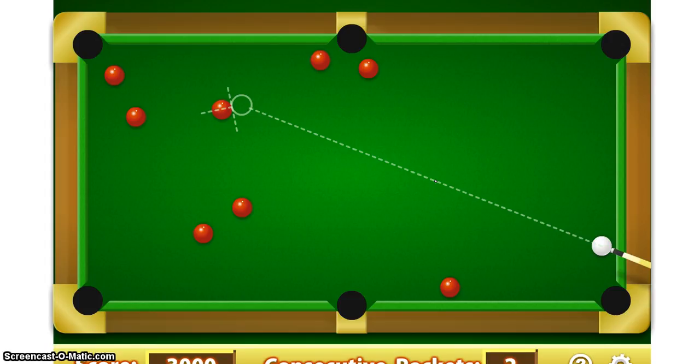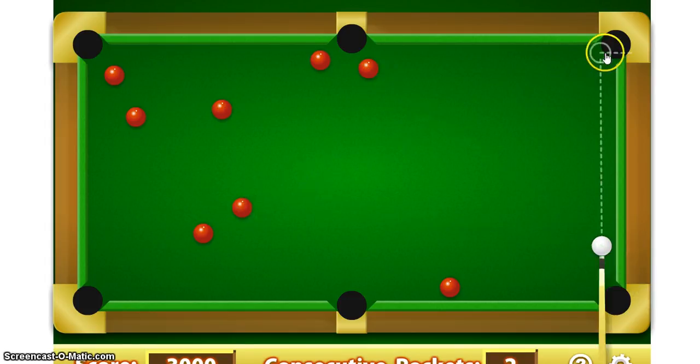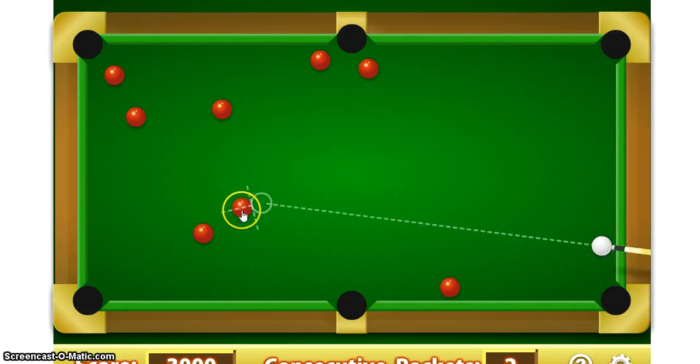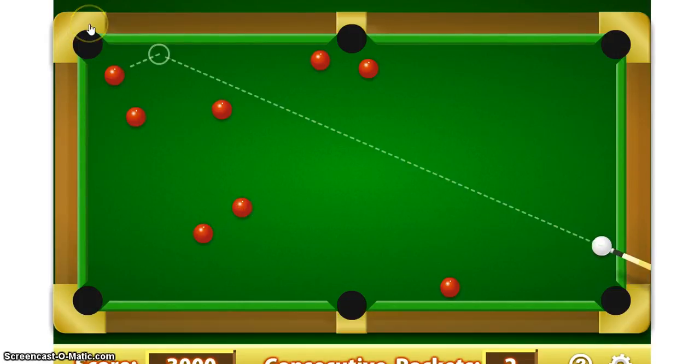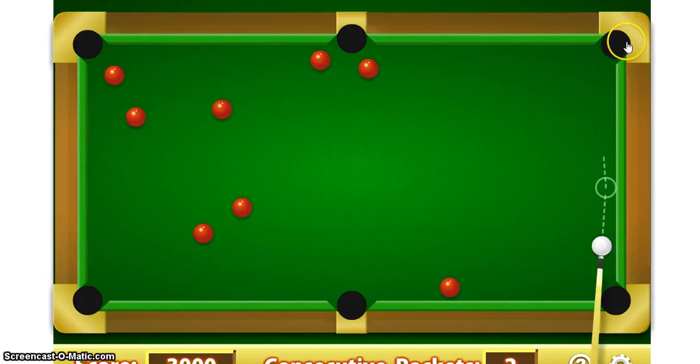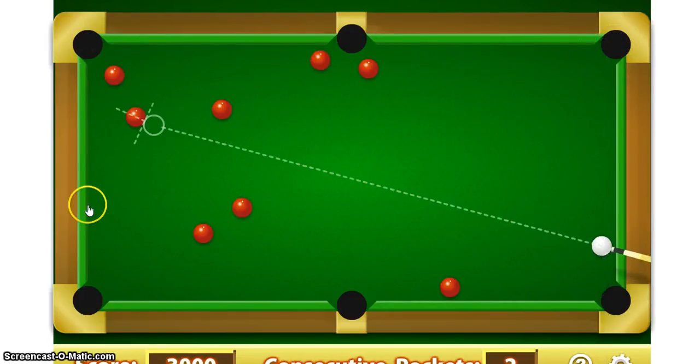Okay, let's do one more. If you want to quit the video right now, feel free to, but let's do one more. I'm going to try to bank this ball into this pocket here, okay? So here's the process again, so that we can use reflections to help us. You want to think of this rail right here as a line of reflection, right? So we're going to take the pocket that we want to get and reflect it over this line, this rail,